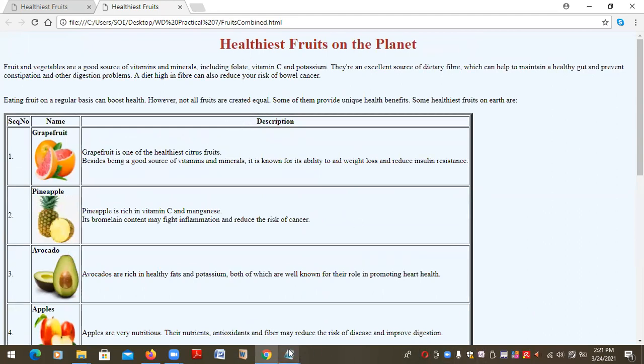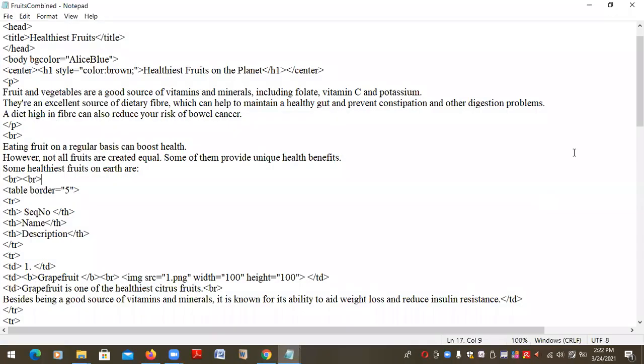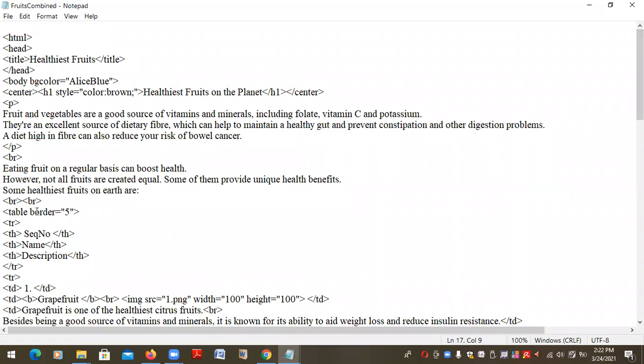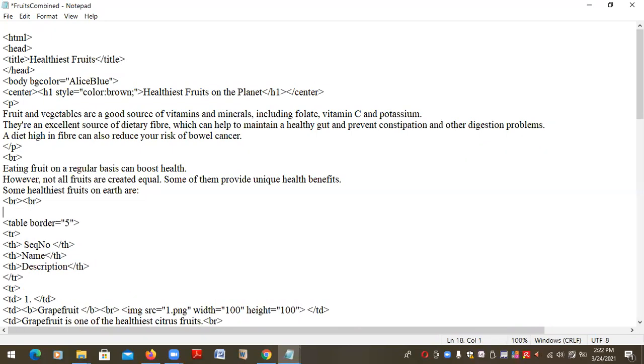I will try to change it now. I hope this time there is no problem. Where is it, after the bold, better. Okay, let me put this here, center, C-E-N-T-E-R, center, open. And then I want to close the center here.